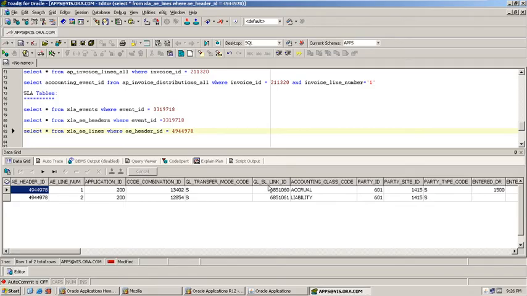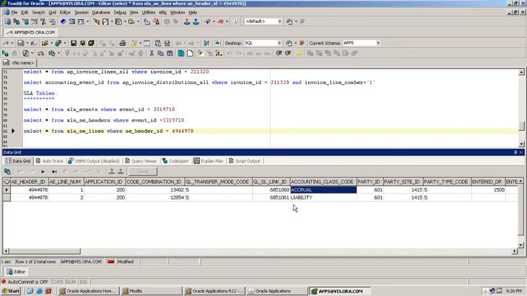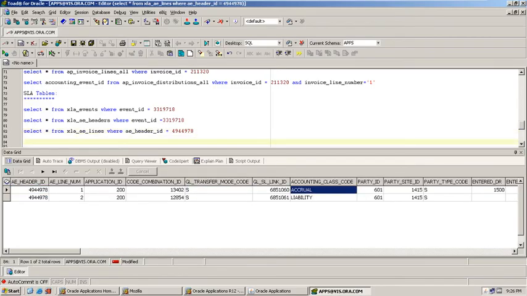Here you will see the line details. And next, the data will be stored into another table called XLA distribution links. This is the distribution table where AE header ID equal to this one, and also you can mention the AE line number.